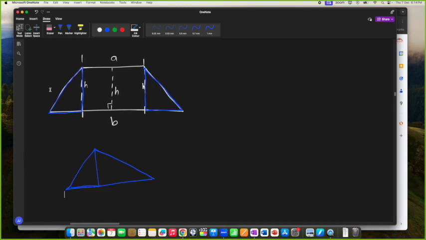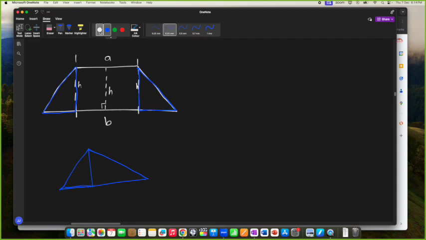And this is kind of an easier way, because the area of the trapezium would be the area of this rectangle. Remember, if this side is A, then this side will also be A. From here to here will also be A. So the area of that rectangle is A times H plus the area of,